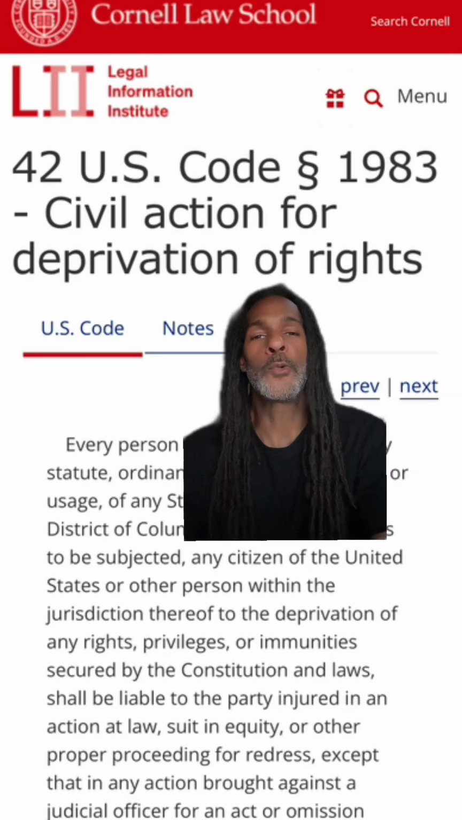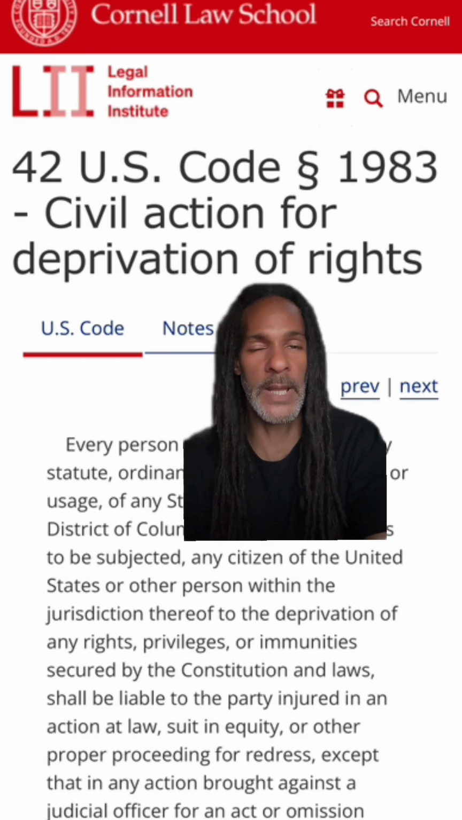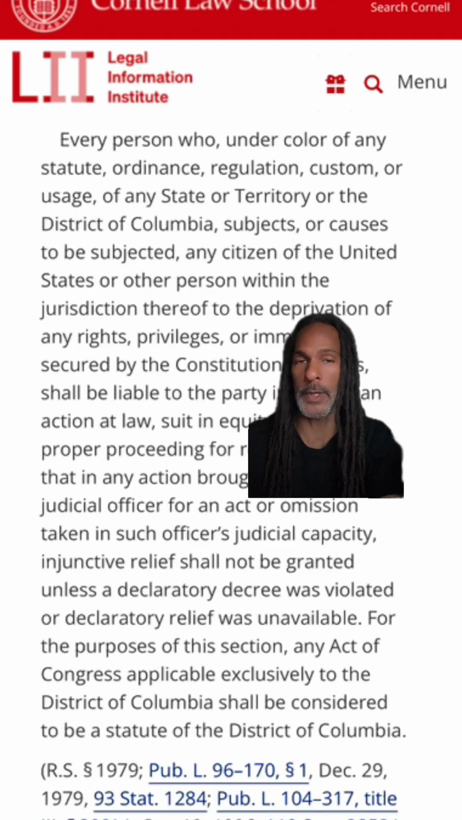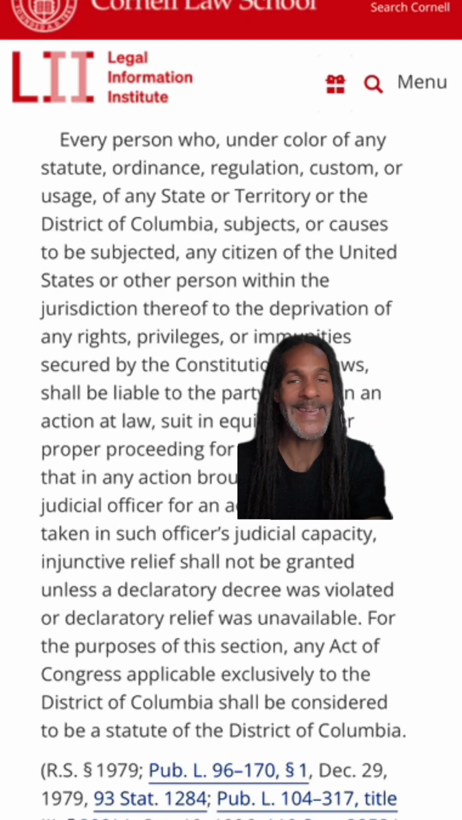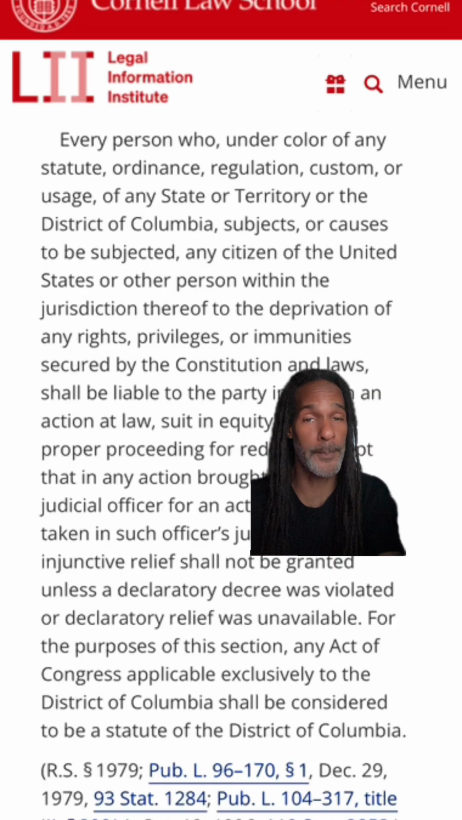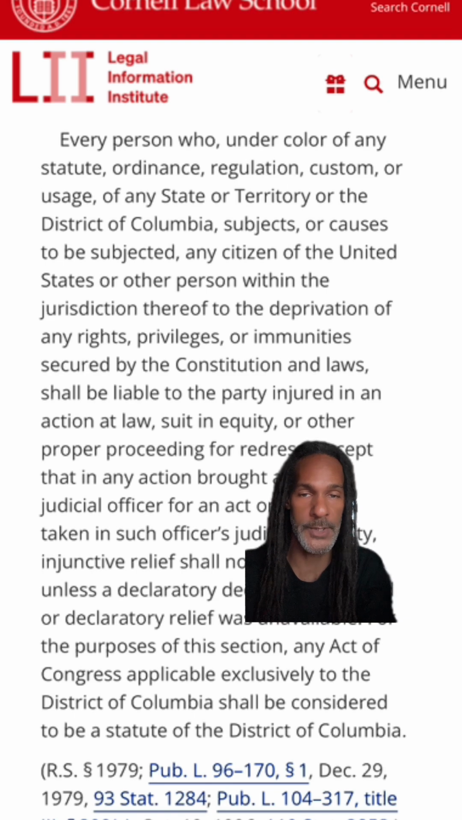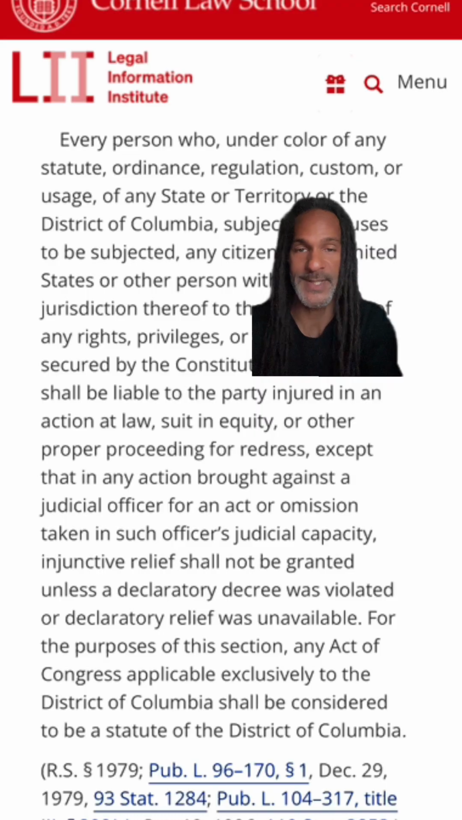1983. Here we have 42 U.S.C. 1983, civil action for deprivation of rights. Let's read. Here we go. Every person who, under color of any statute, ordinance, regulation, custom, or usage of any state or territory or the District of Columbia, subjects or causes to be subjected any citizen of the United States or other person within the jurisdiction thereof to the deprivation of any rights, privileges, or immunities secured by the Constitution and laws shall be liable to the party injured in an action at law, suit in equity, or other proper proceeding for redress, except that